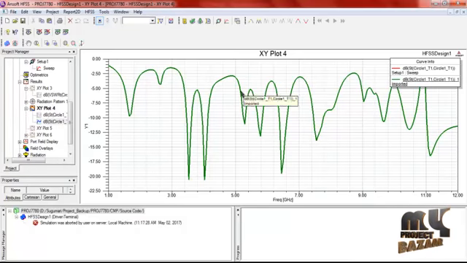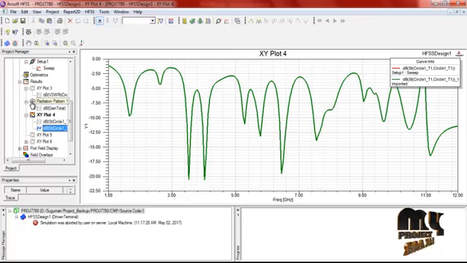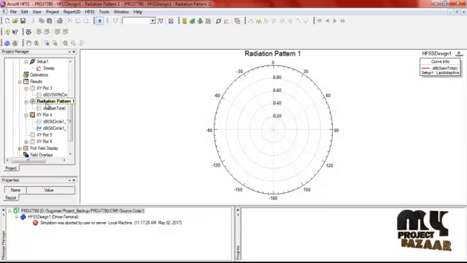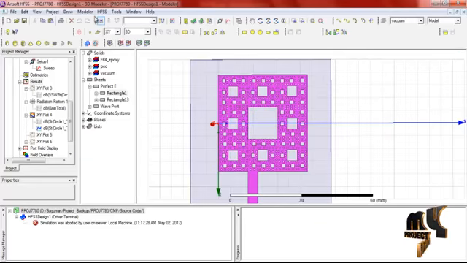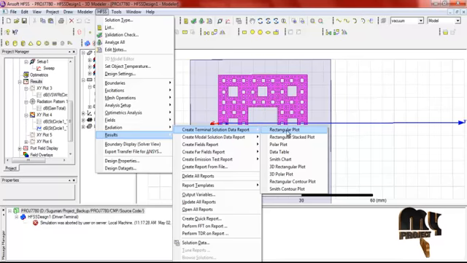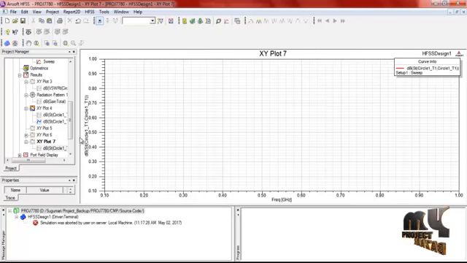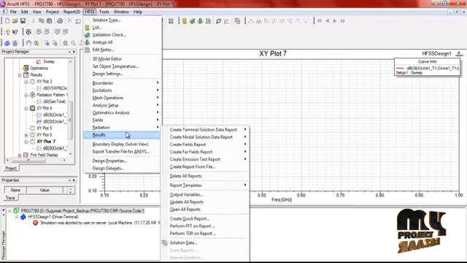Here, this is the return loss of the antenna, and then, whatever it may be, I will click that. So this is the radiation pattern, so I will click the radiation pattern. It should be the radiation pattern of the antenna. So in HFSS results, create terminal solution data report, rectangular report. So I will click the new report. It should display the return loss of the antenna, and then similarly